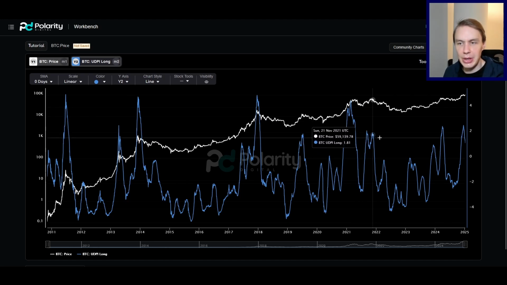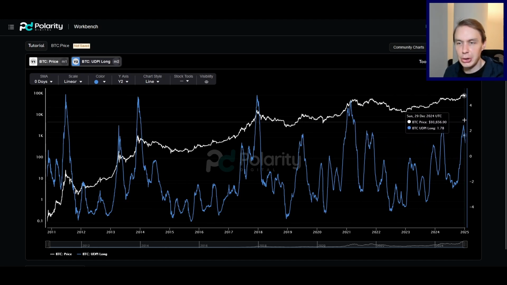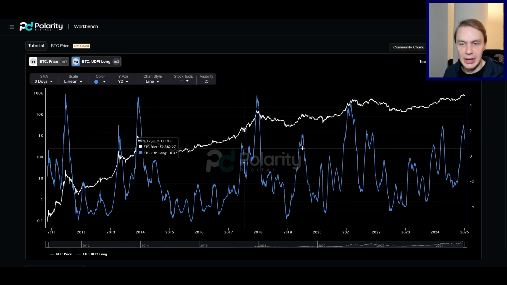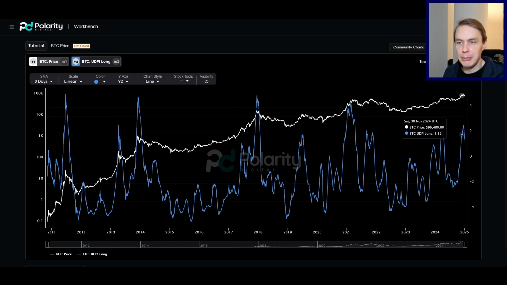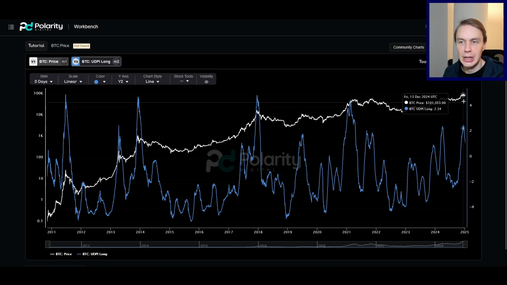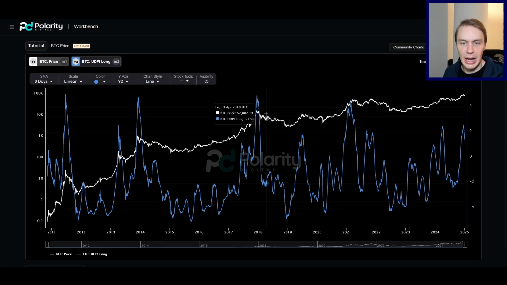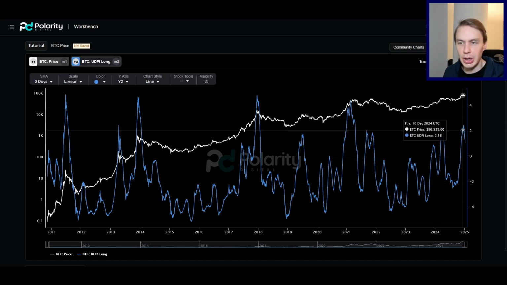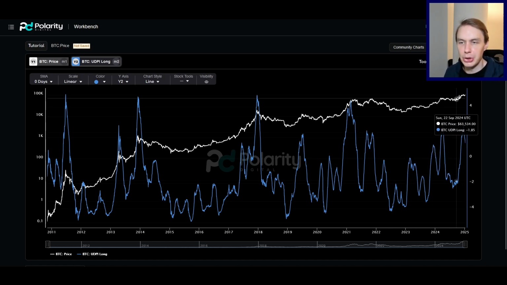When you get up to this kind of level between 2 and 3 on the model, that's a place where you often will find some resistance. And so at the time, I was saying that it was an important point for Bitcoin. Either it would clear above those levels and just shoot off to above 4, like it has going into cycle tops, or we might have some corrections, some consolidation, some cooling off at that level before maybe down the road being able to make that push to whatever the ultimate cycle top might be.